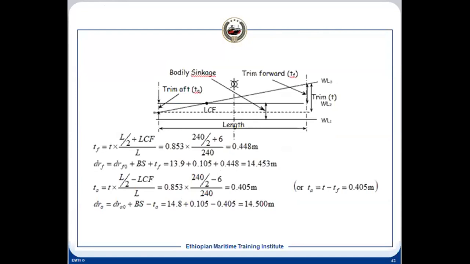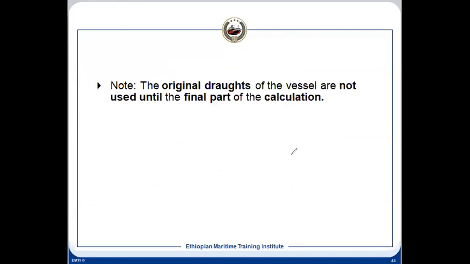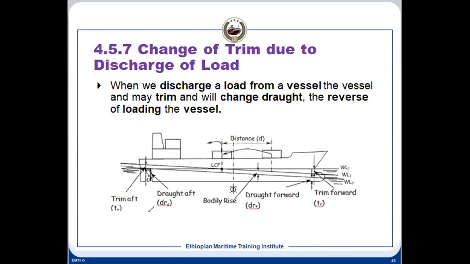Now we need to see that, and another thing, in this kind of a problem, have you seen that we have not used the initial draft till first step and the second step. In the third step, when we have calculated the final draft, that time we used that initial draft and then we added that. And now if we remove, then what will happen? Once we remove the mass, just reverse way we will do. The mass was here.